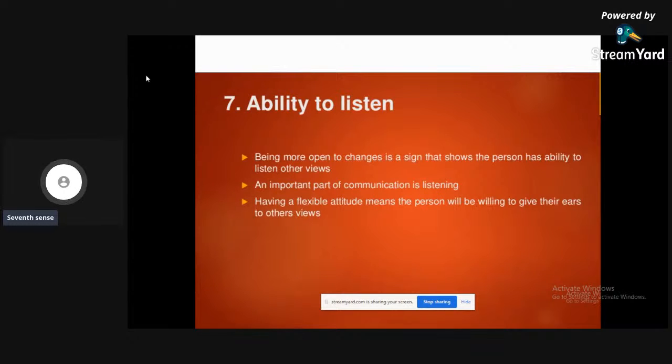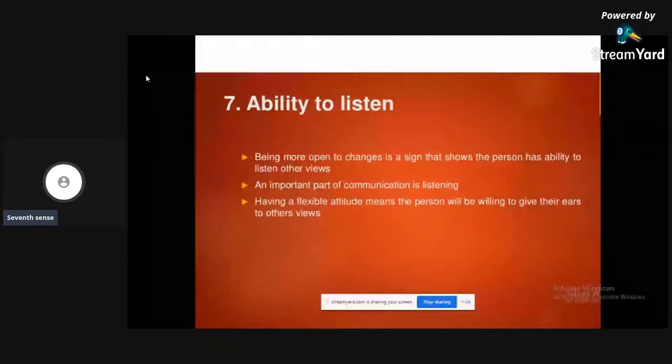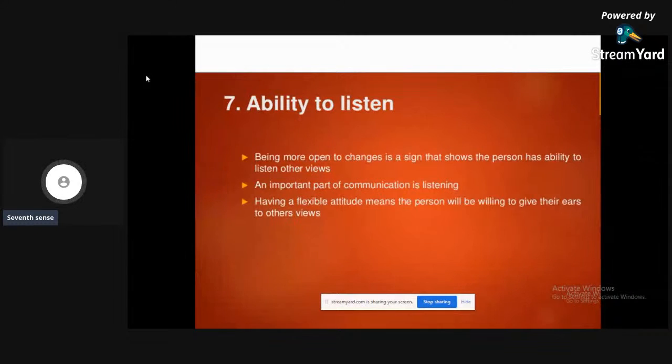If you don't listen to the people, or if you don't communicate with them, if you don't tell them, okay, come with the ideas, come with the solutions, come with the projects, they are not going to come to you with ideas. They are not going to make any new solutions. So the first thing is that you should be able to listen. You should carefully listen to the people around you.